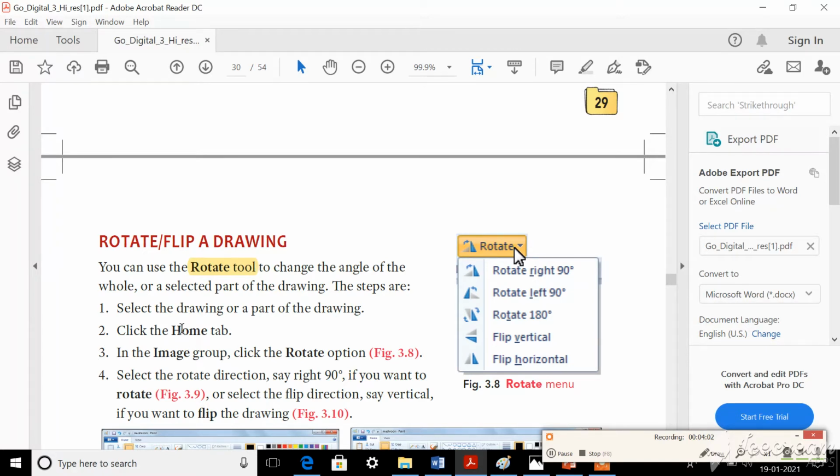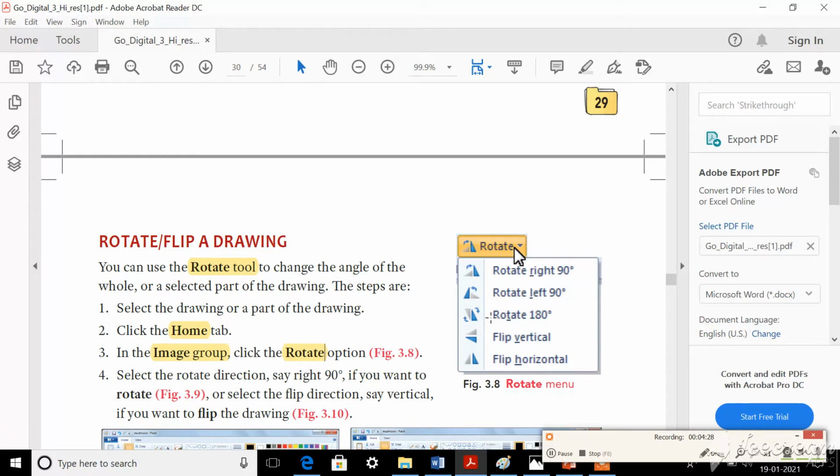Okay, then after selecting you should go to the Home tab. After clicking the Home tab, in the Image group you should click on the Rotate option, as I have already told you. In the Rotate option you can see different options, like a drop-up menu.